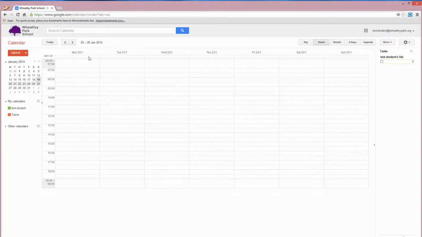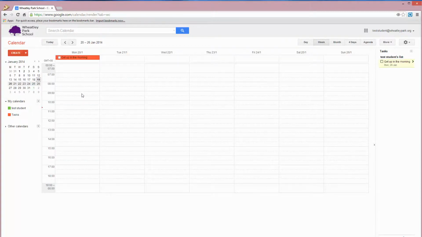But if you right click, so if you click an event up here, you have an option of an event or a task. So if I create a task, I'll have an event to get up in the morning. By the way, you can change the colour of any calendar by default by clicking on there. I'm going to have my tasks as being a dark green. Over here, I'm going to create a task to